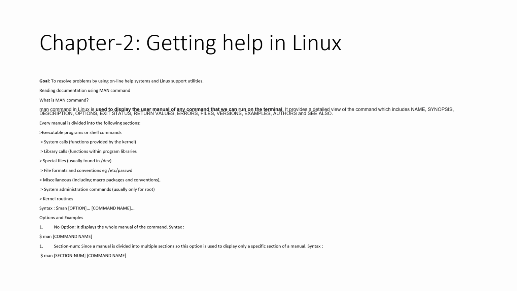so what is the man command? The man command in Linux is used to display the user manual of any command that we can run on the terminal. It provides a detailed view of the command, which includes name, synopsis, description, options, exit status, return values, errors, files, and so on. Every manual is divided into the following sections: executable programs or shell commands, system calls, library calls, then special files usually found in /dev, file formats and conventions, example /etc/passwd, miscellaneous including macro packages and conventions, system administration commands usually only for root, kernel routines,